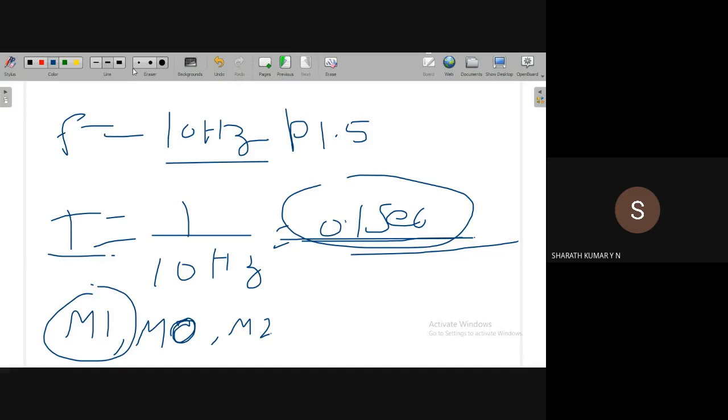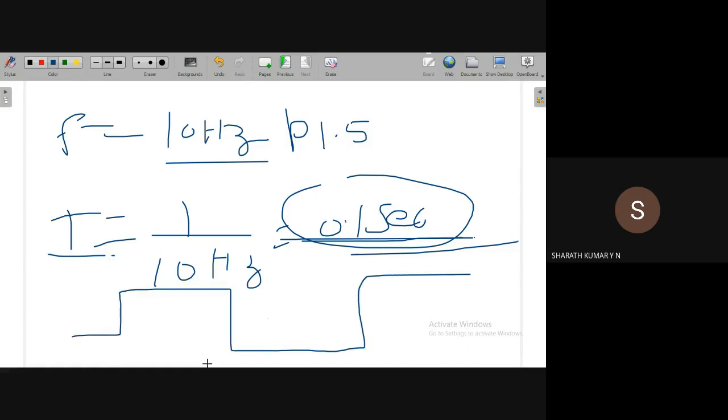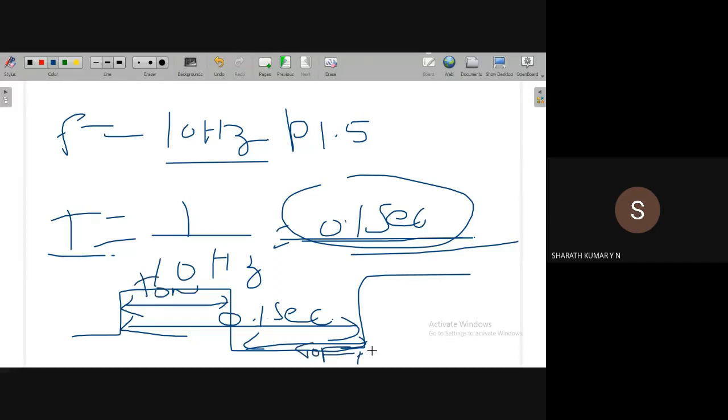Here's one more thing. This is the time period of the complete cycle, like this. That is around 0.1 second. What we generate using the timer is only the on period or the off period. What we have to generate is only this on period or the off period. So what is half of this? Half of this is 0.05 seconds. Sorry, 0.05 seconds. This is 50 milliseconds. In other words, 0.05 seconds.